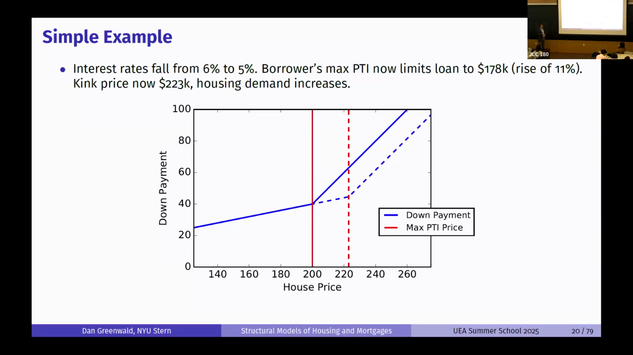So if the borrower follows this kink solution from here to here, this corner solution, she'll actually increase her housing demand by more than 10%. And if many borrowers do this, you'll see a big increase in prices. So what's going on? I think for intuition, it's like,